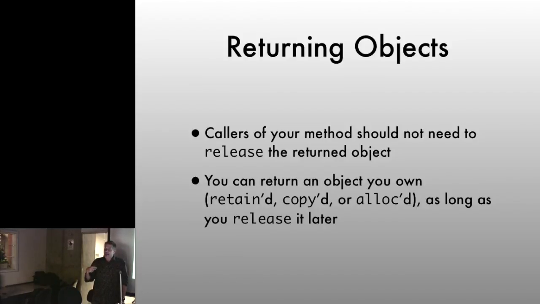Unless you've implemented your own alloc or copy, or overridden retain somehow, you shouldn't expect your callers to know that they have to call release on your object. Just like in C, if you